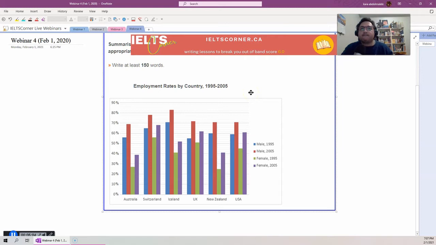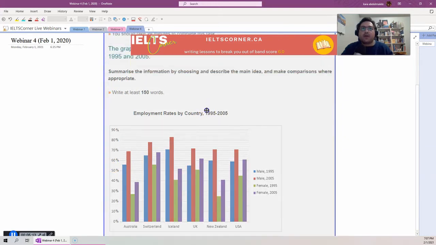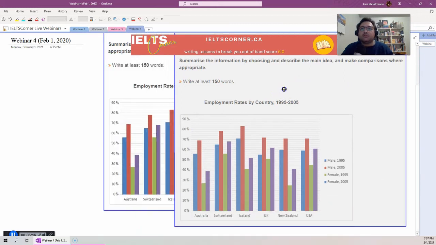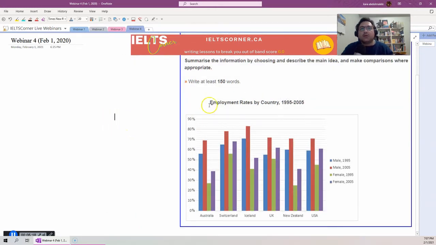In the chart, it shows a percentage, but the title of the bar chart says employment rates. So when you say rates, what does it mean? Rate is basically the speed with which something increases. That's the technical term. However, sometimes in general terms, people use rate to refer to numbers or percentages. It's not technically correct to say rate for percentage, but people do it. Let's start with our introduction.